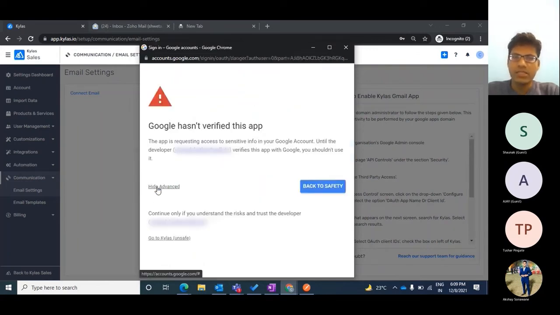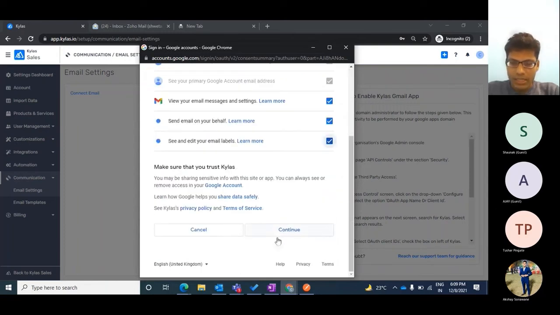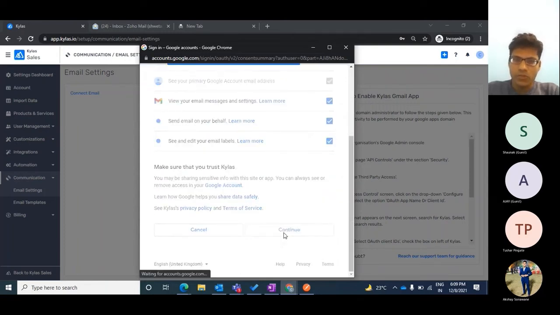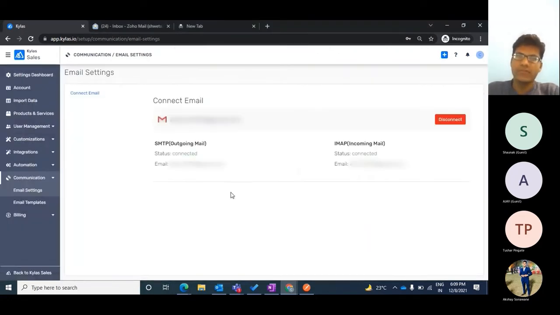It will ask me for a password, but since I have saved my password, it didn't ask me. But once I enter my password, then I am presented with this screen. Then I need to give permissions and click on continue. The moment I click on continue, it verifies your credentials, communicates with the Gmail server and connects your account.